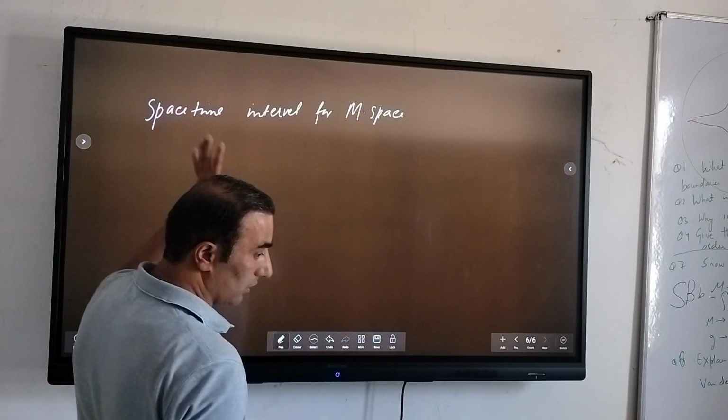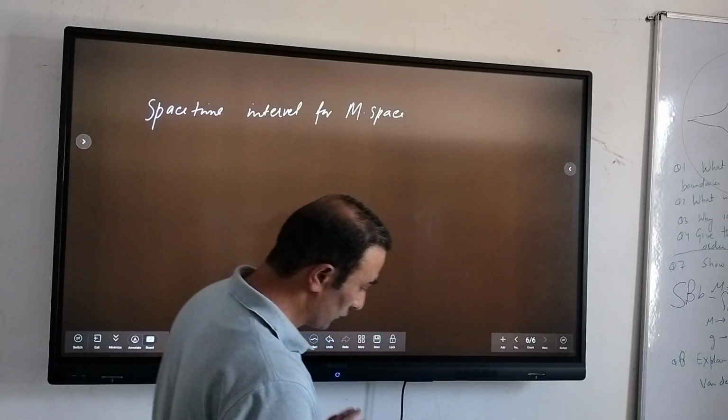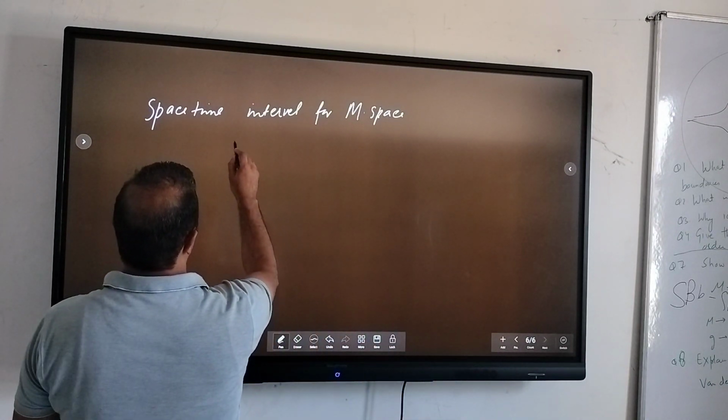So let us have a look at this space-time interval for this Minkowski space, right? We already know that our ds squared is equal to